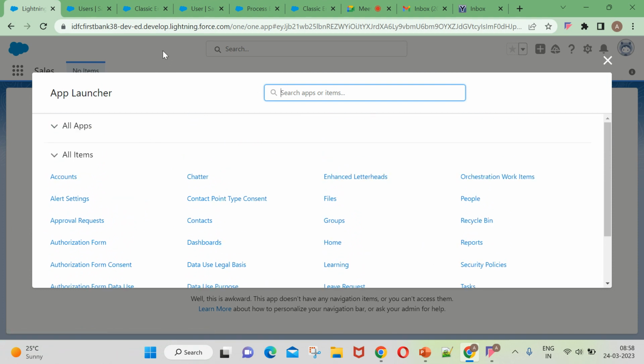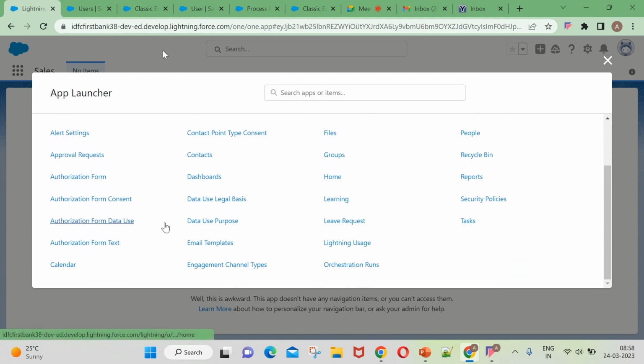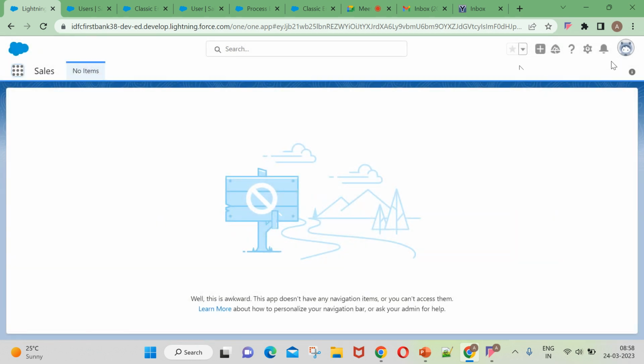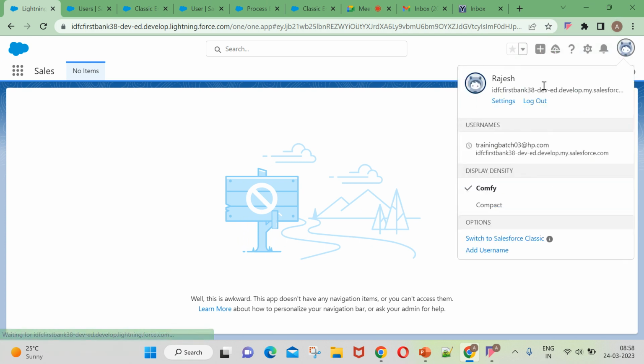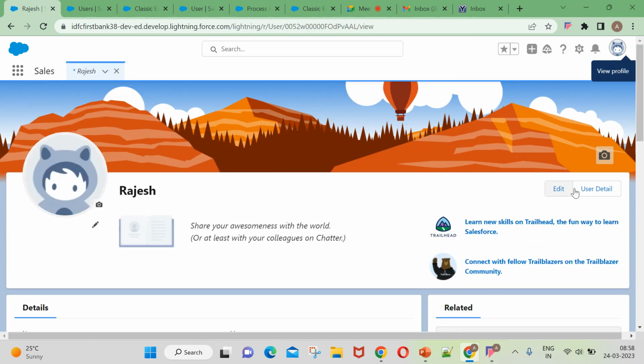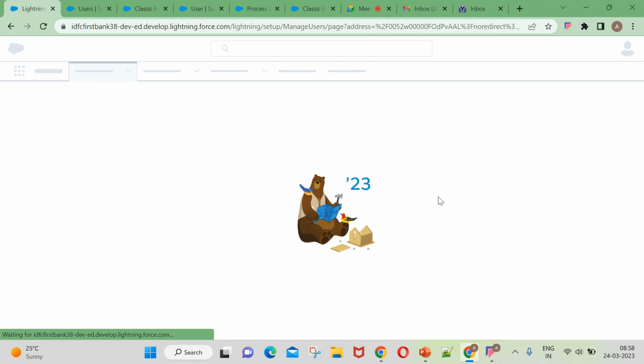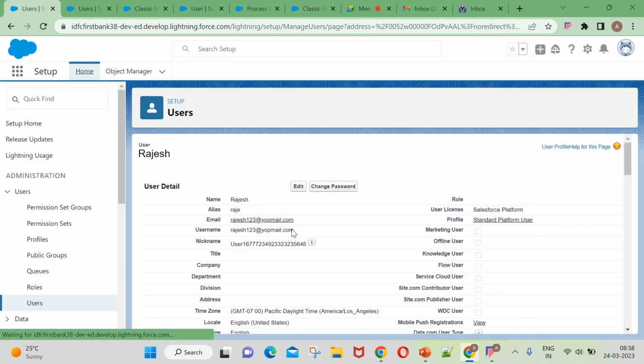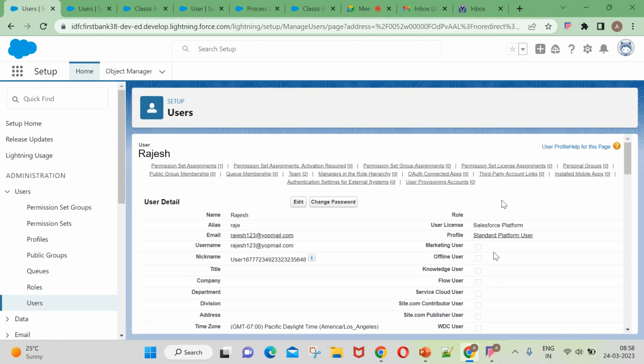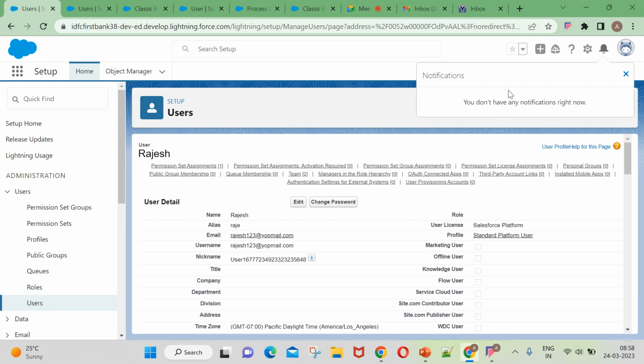For him, no opportunity access. That's why maybe. See, for Rajesh's profile, let me check what is the profile for Rajesh. Rajesh's profile, he doesn't have access to opportunity. That's why he is not able to see the notification. Standard platform user, for this profile there is no opportunity object access. That's why he is not able to see the request. Otherwise, he would have seen the